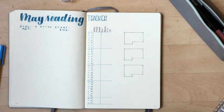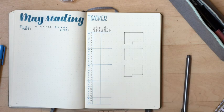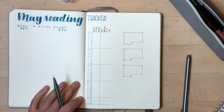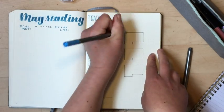Okay, so got my little calendar. So at least if I look at it, I'll know what day I'm on, but I'm not going to worry about actually numbering them or anything. And what I'm going to do is go ahead and label these. So this is going to be